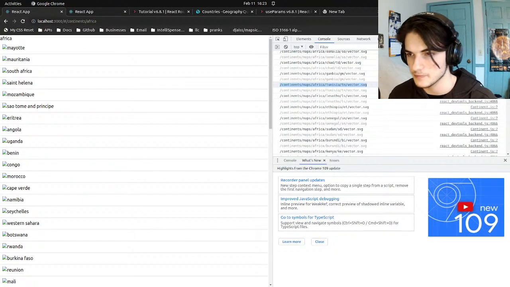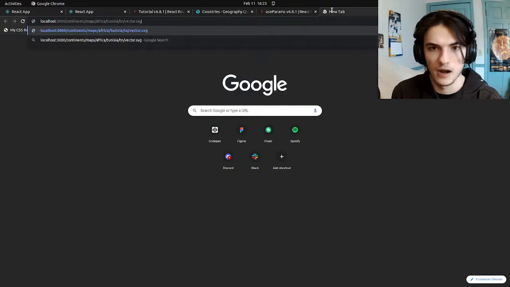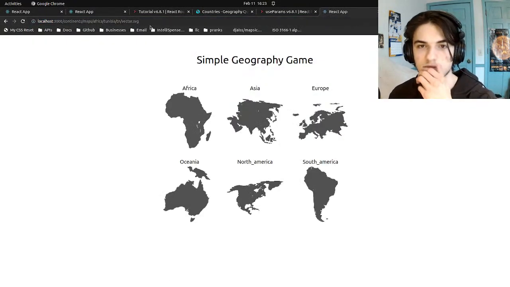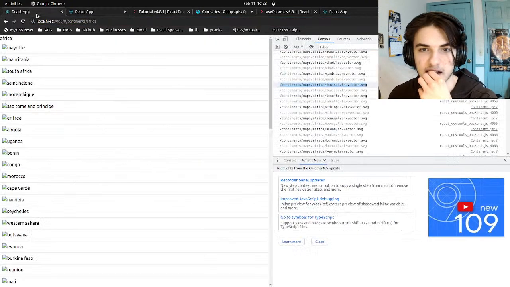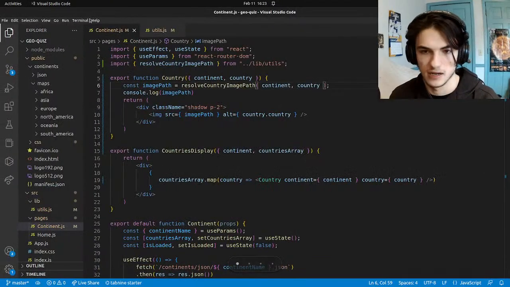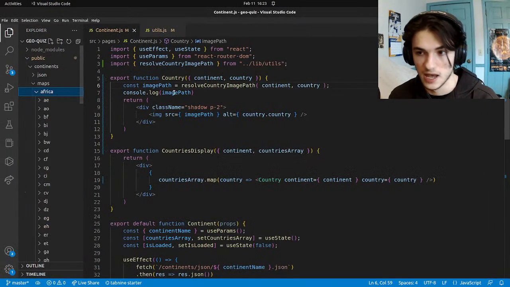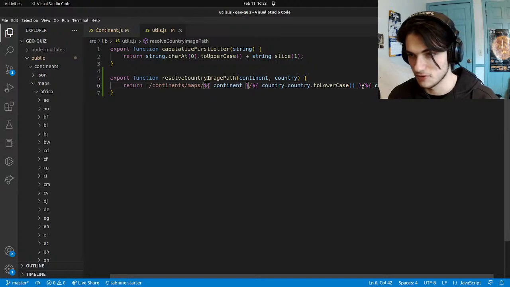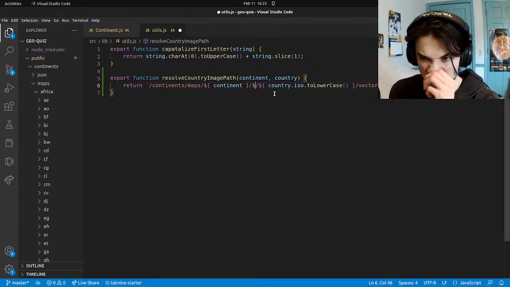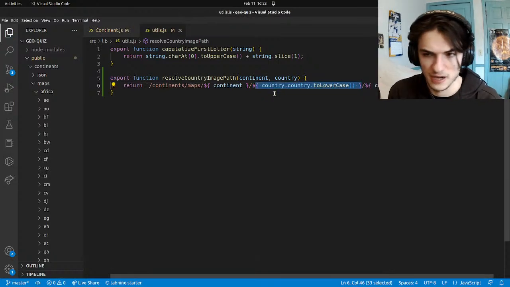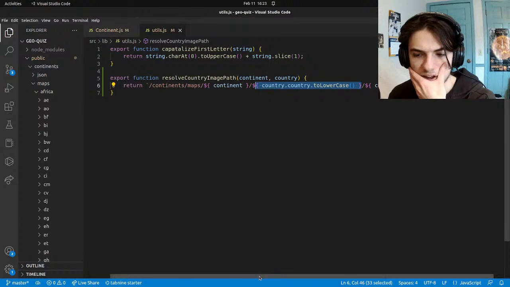Let's paste it into here. And it's still saying, so I must have, hang on, let me double check. Yep, I do. I have this incorrect. This is not supposed to be the country name. We're not supposed to have the country name there. Oh wait, no, we are supposed to have the country name there. That is supposed to be the country name. So why is